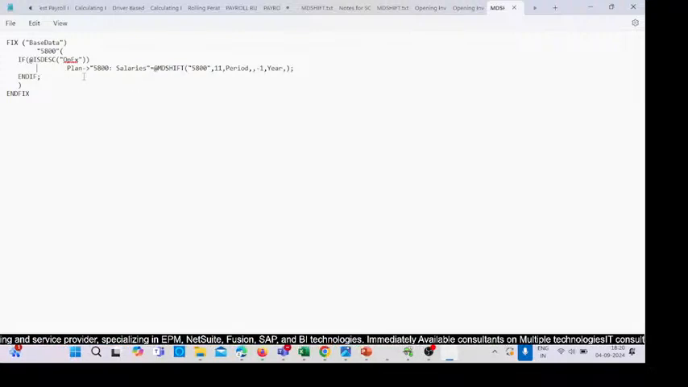So today our agenda is to calculate the salaries by using the MD shift. I have used @ISDESCENDANTS of operating expenses. Then this is the plan scenario we have used here, and 5800 is the member name of salary, equal to @MDSHIFT. Now